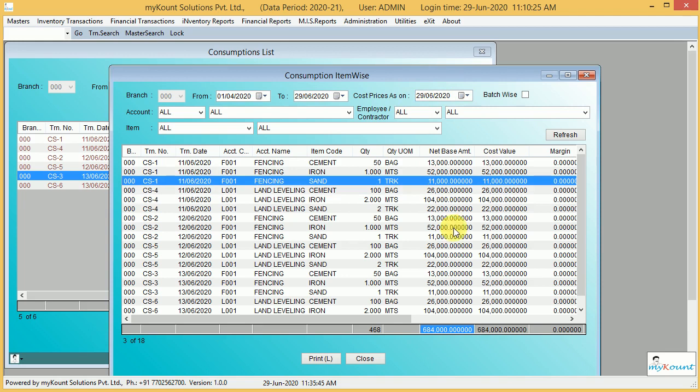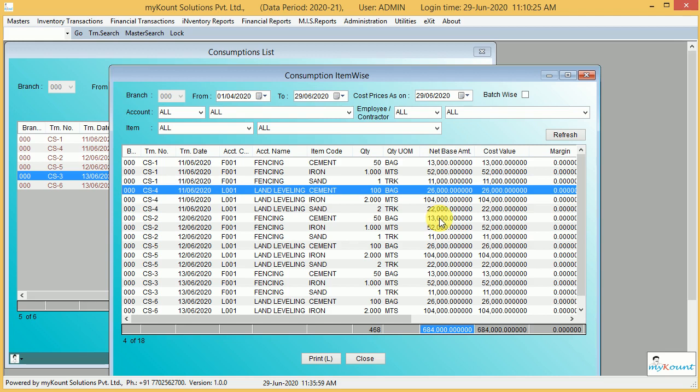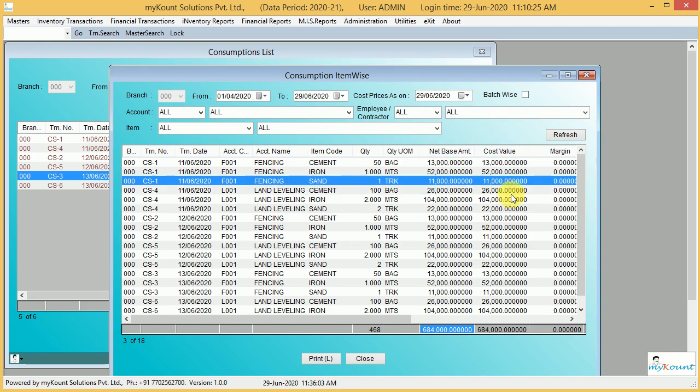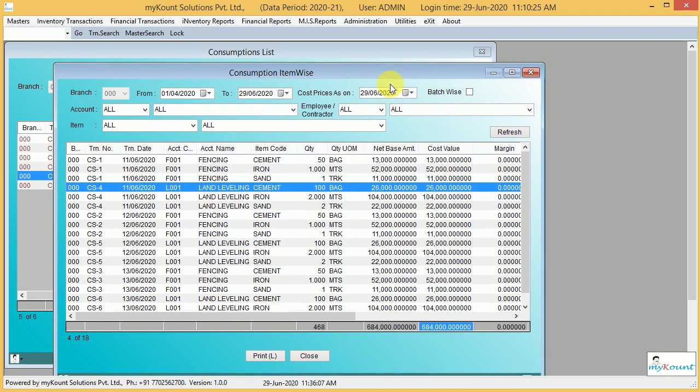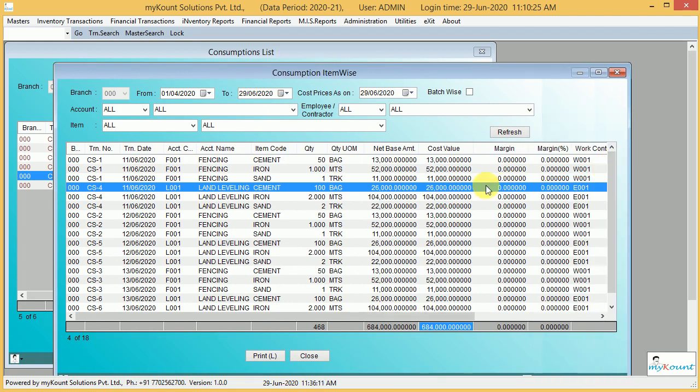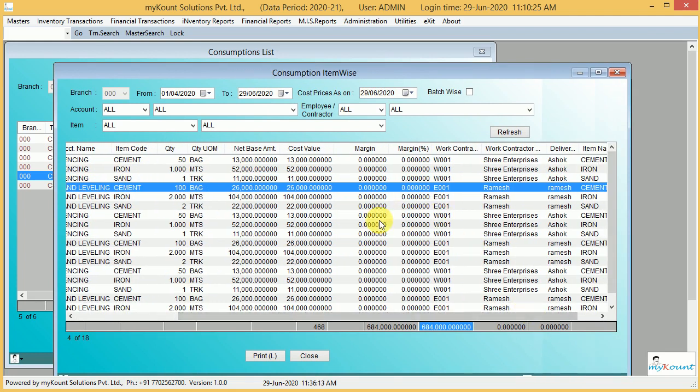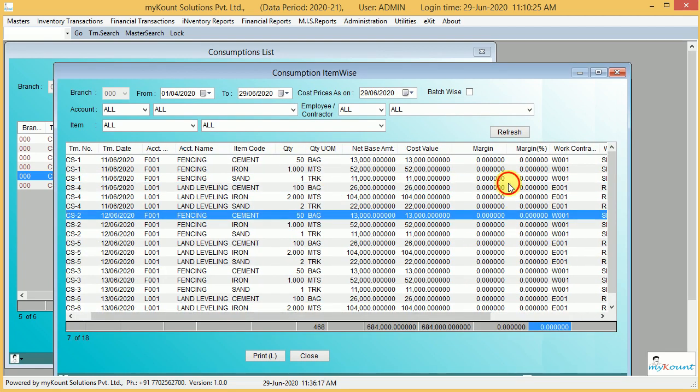For example, we purchased the bricks for 5 rupees, 7 rupees, 9 rupees, etc. This value, the net base, will be arrived based on consumed date, and this price will arrive based on the cost price set here. The difference between these two is called margin. Margin or price variation. So we can see what the price variation is here easily.